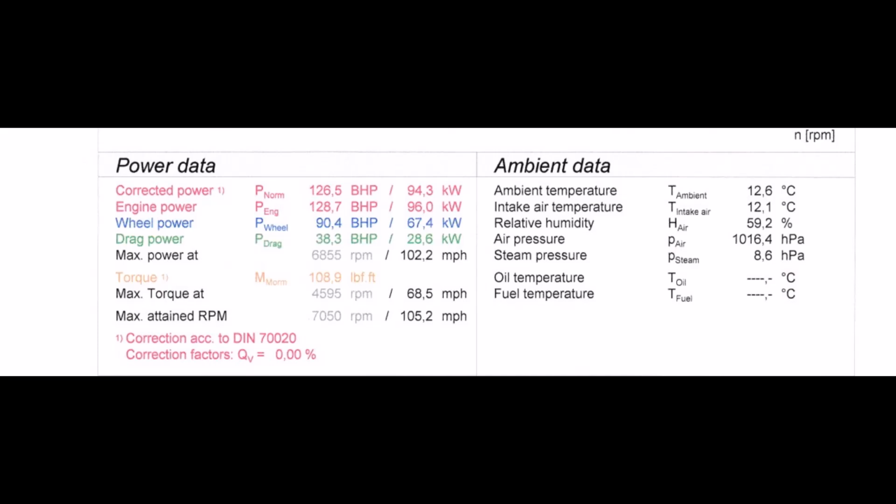So yeah, interesting. And then we've got the engine power figure, but then we've got this corrected engine power. Now the difference between the two is a calculation done based on, as it's noted there, a standard DIN 720, and it's a compensation for the air pressure. So if you look on the right hand side, it says 1016.4. Do you call that millimeters of mercury? I don't know why it says hPa, so that's pascals, isn't it? Anyway, it was 1016.4. Interestingly, on the day I had the dyno run done last year, the number was 982,